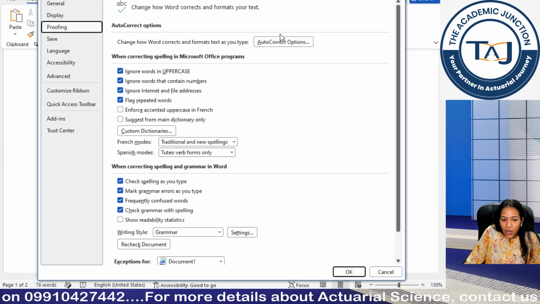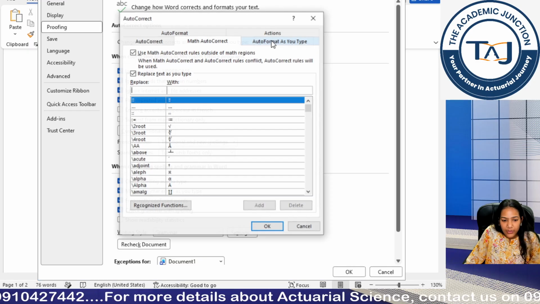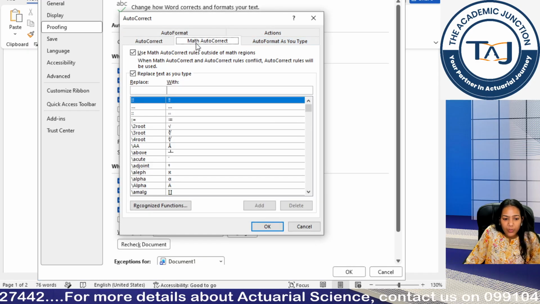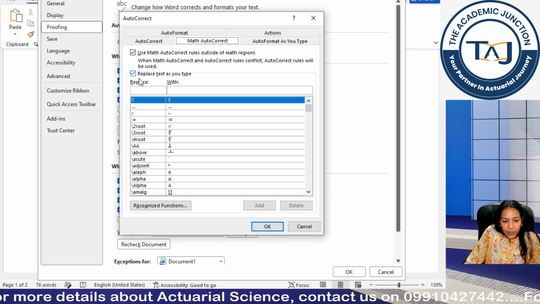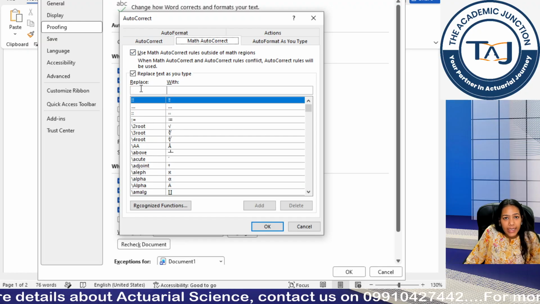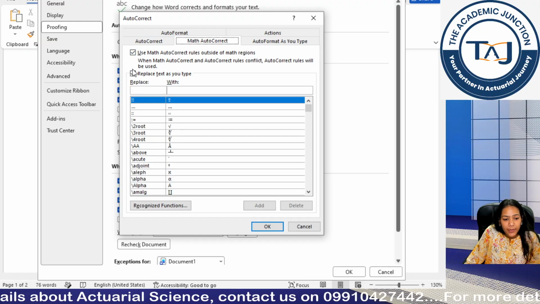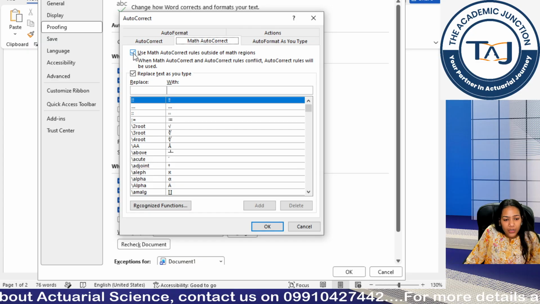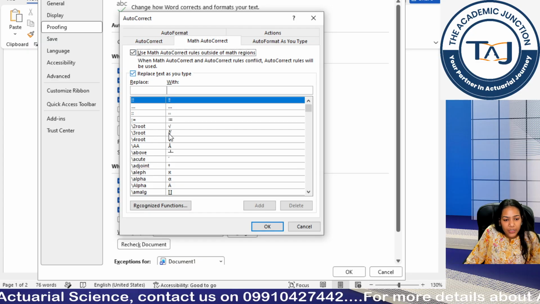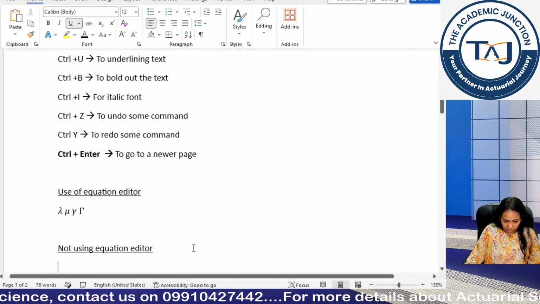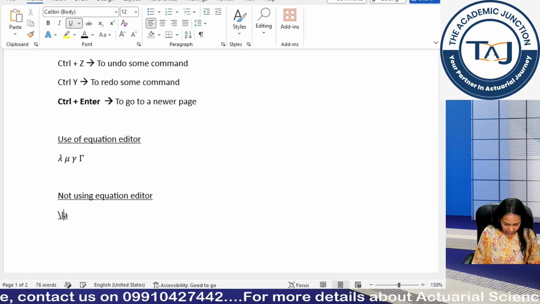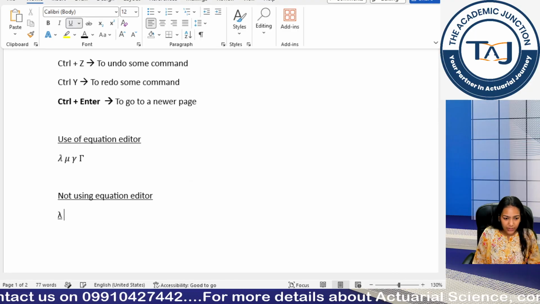Here you can see the autocorrect options, right? Click here, then go to math autocorrect, the second tab, and make sure that both these boxes are ticked. If yours are not, make sure to tick them and click OK, then OK. Now say I write lambda, I get